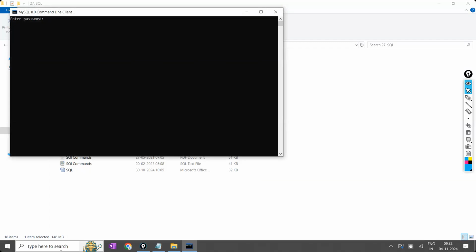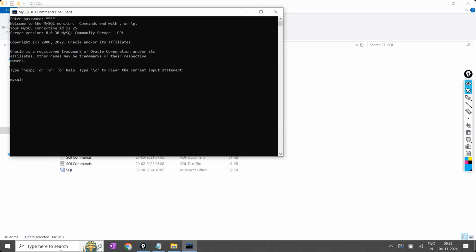The MySQL command line client is nothing but a command prompt for SQL. Here, step 2: enter the password. Okay, after entering the password,